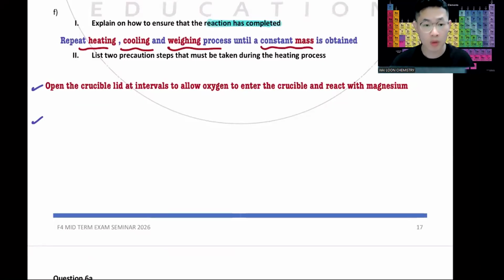And then when we are doing the experiment, we also have to close the crucible lid because